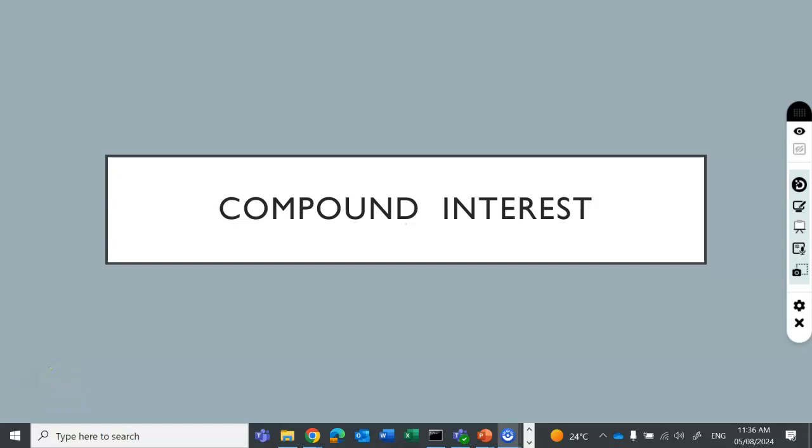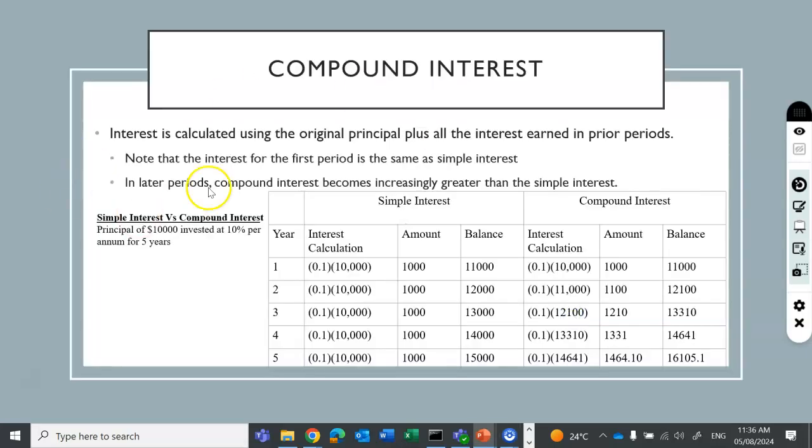So in this video, we will discuss compound interest. I have already discussed that compound interest is for long-term investment. So for example, if you are investing $10,000 at 10% per annum for 5 years, so for simple interest,